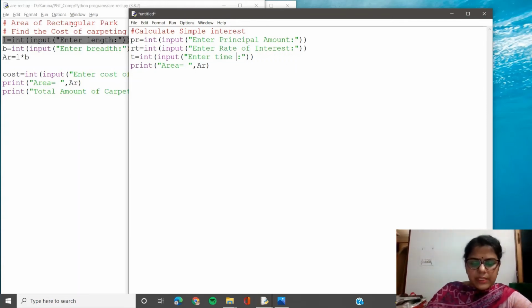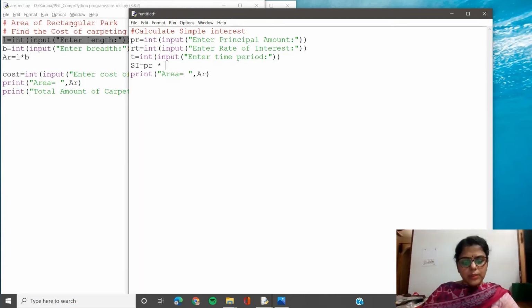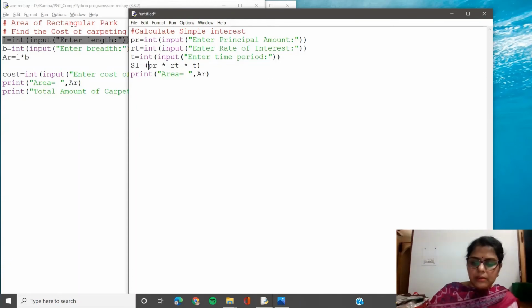And after that we will be simply placing the formula. So students, you must have noticed that these programs are very simple, formula based programs that I have taken from a beginner's perspective. So after taking in the principal, rate of interest and time period, my next statement should be to calculate the simple interest. I take another variable, let's say SI, and I apply the formula, which is PR, principal amount, into rate of interest, my variable name RT, multiplied by T, and all this has to be divided by 100, PRT. You must have studied this formula in your mathematics class multiple times.